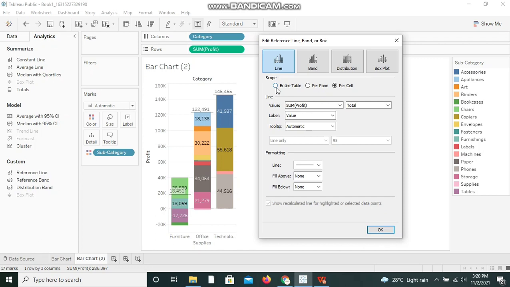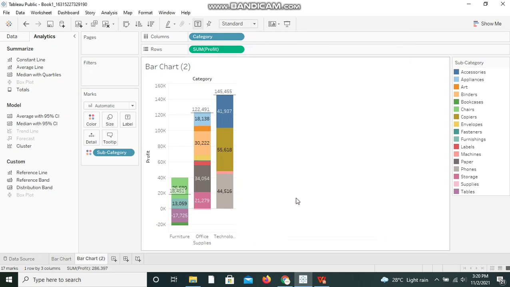So now we need totals of each and every bar on top of it. So I am selecting per cell, and I am clicking on OK. Now we have the total values displayed.